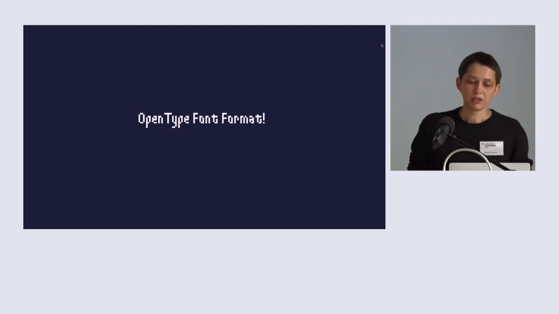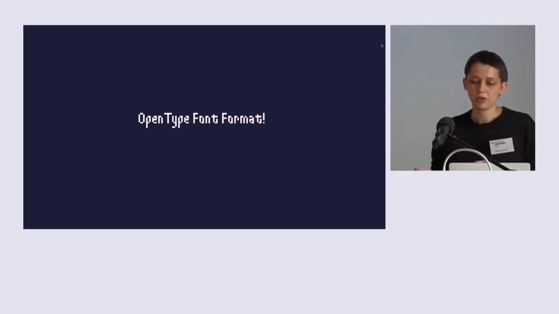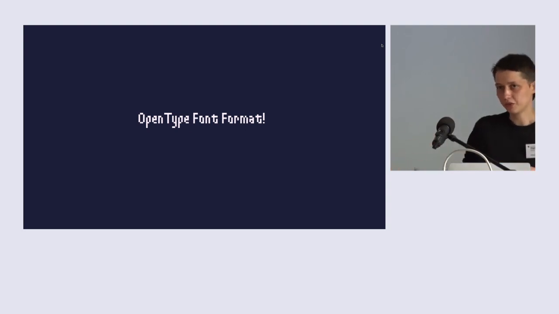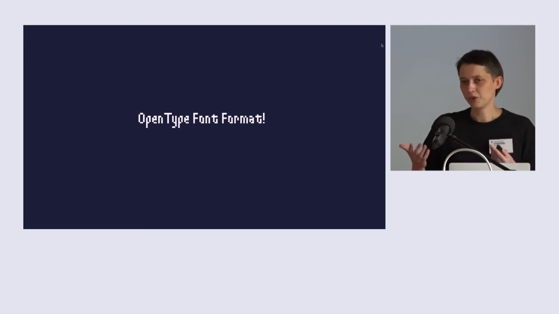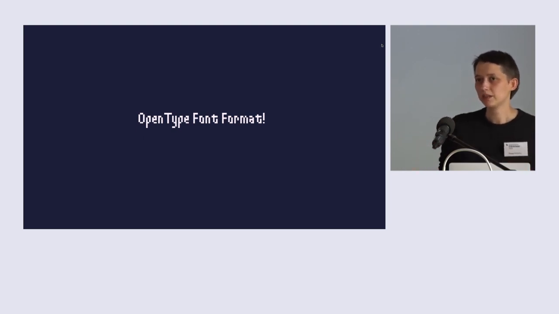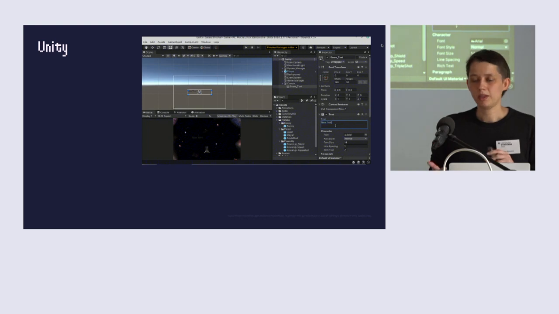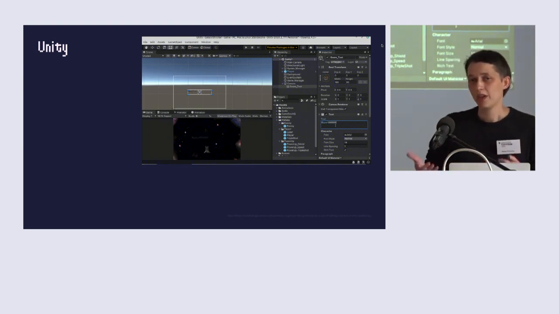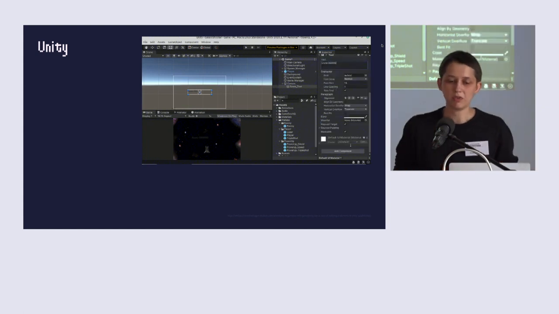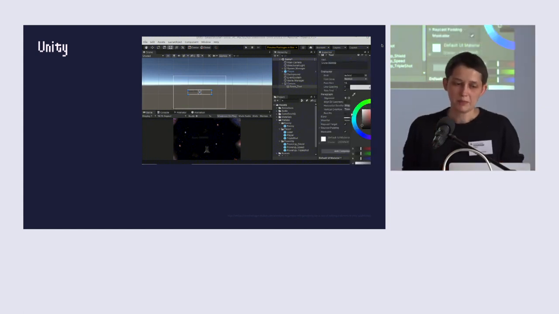And unfortunately, the OpenType font format is not supported equally on different platforms and in different software. For instance, current modern browsers can handle it, but when we speak about game engines, software where game designers and game developers create the games,